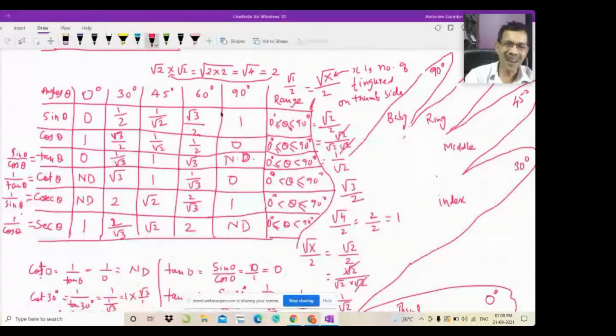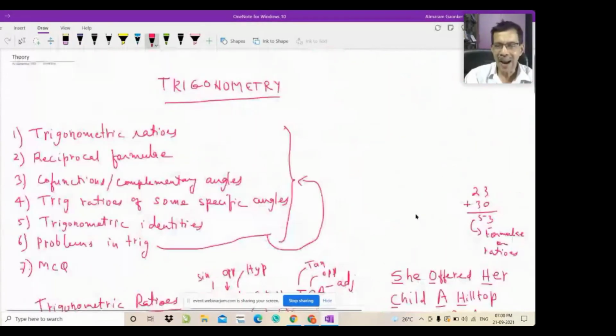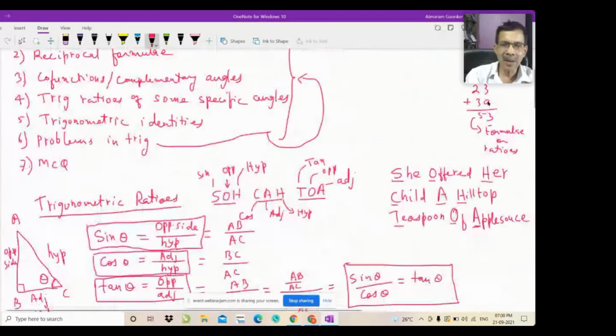If you master this table, you see how many things you have to remember: 1, 2, 3, 4, 5, 6 values, 6 values into 6. You have to remember 36 things over here. With the help of the tricks that I have explained, you can remember it well. Here I had told you this is 30, but it is not 30, it is 36. In the table, you remember 36 things. So in total, this is 36 plus this 9 plus this, 59.